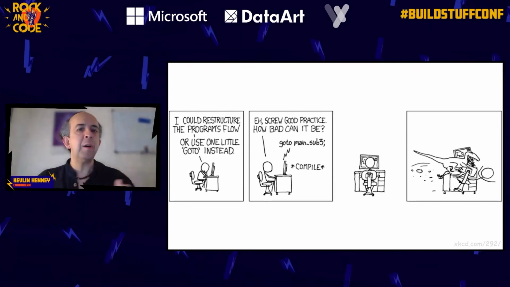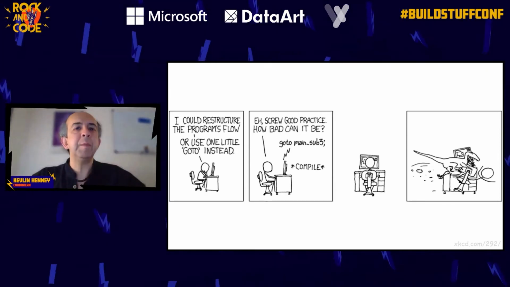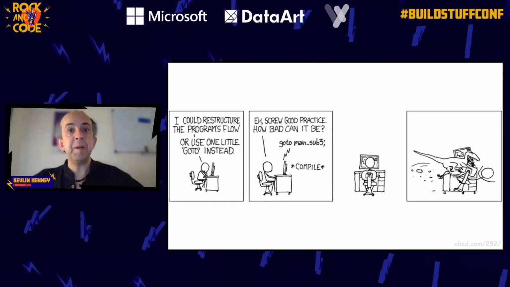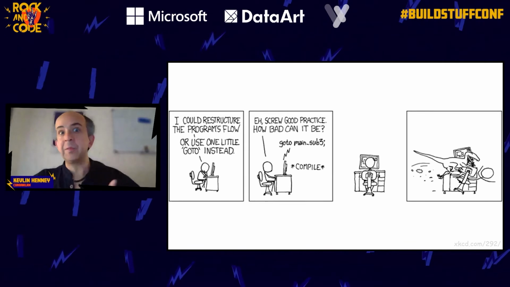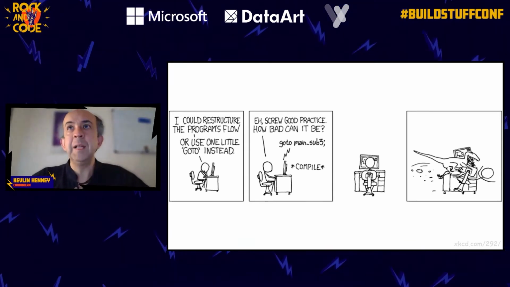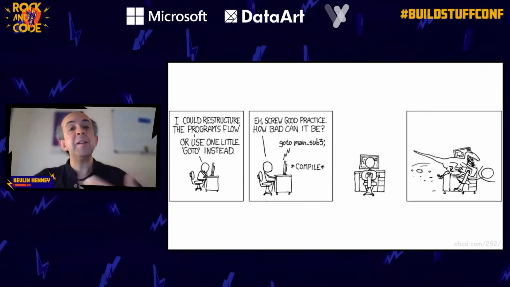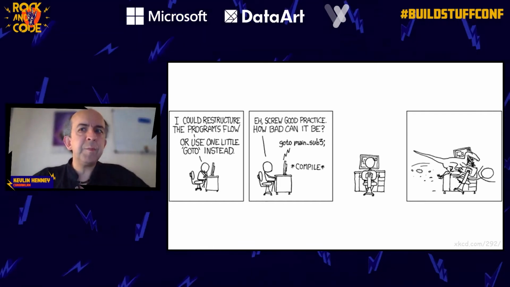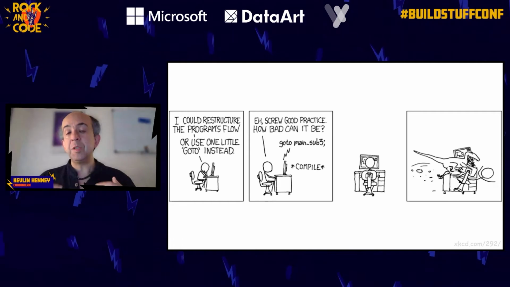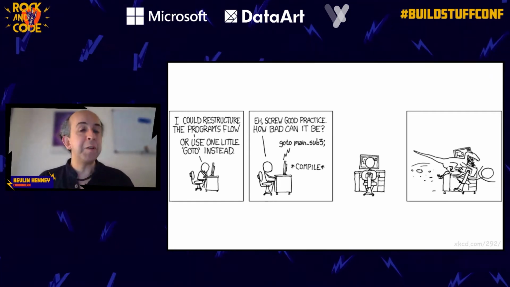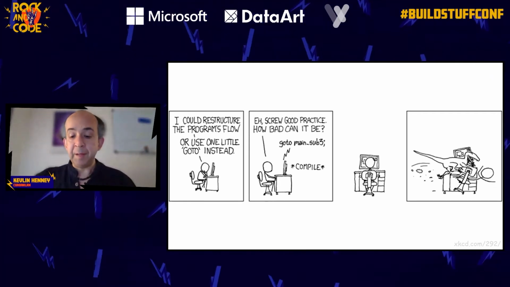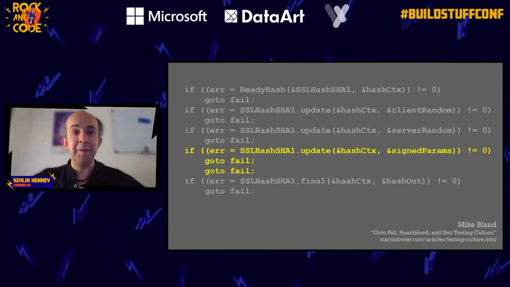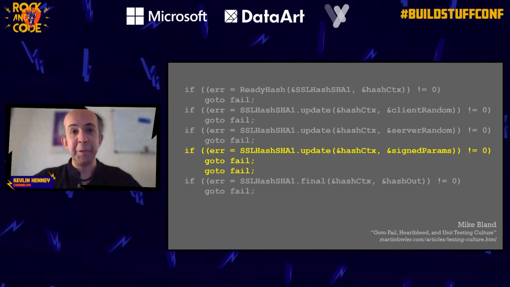Gotos invalidate the high-level structure of your program. It's why we don't like them in programming languages. They also make control flow less efficient. Modern optimizers are not very comfortable with them. They're not very comfortable with things like break and other things as well. They stand in the way of refactoring. There's a whole load of reasons why we don't want to do that. And if you've never programmed in a language where the culture was to use goto, you probably don't understand why it is such a big deal. And if anybody tells you, oh, this is how you normally do it in C, I was a C programmer. No, you don't. This is the stuff we told people not to do.